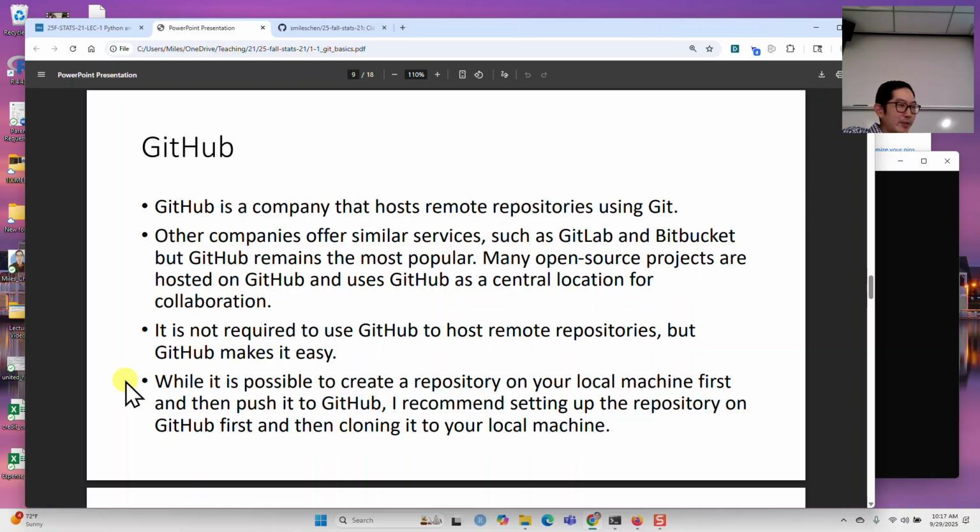Okay, and there's a few different ways to use GitHub. One is you can create a Git repository on your local computer and then send it up to GitHub. But I would say the easiest way is to create the repository on GitHub first and then bring it to your local computer. Okay. Now, in order to do this, you have to first create an account on GitHub, and then you have to